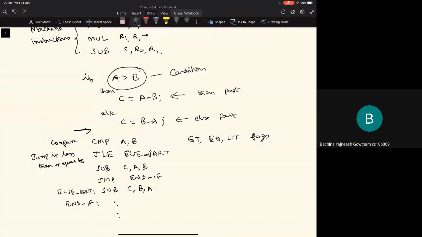So basically, you've seen that the translation of an arithmetic statement has to be done in a particular way, and translation of a control transfer statement like the if then else has to be done in a different way, right? Again, it is the responsibility of the compiler to generate the sequence of machine instructions for each of the statements in the high-level language. So maybe we'll stop at this point. In the next class, we'll look at the loop statements, right, and understand what is involved in representing a loop statement, and then we'll look briefly at how to represent functions and function calls.